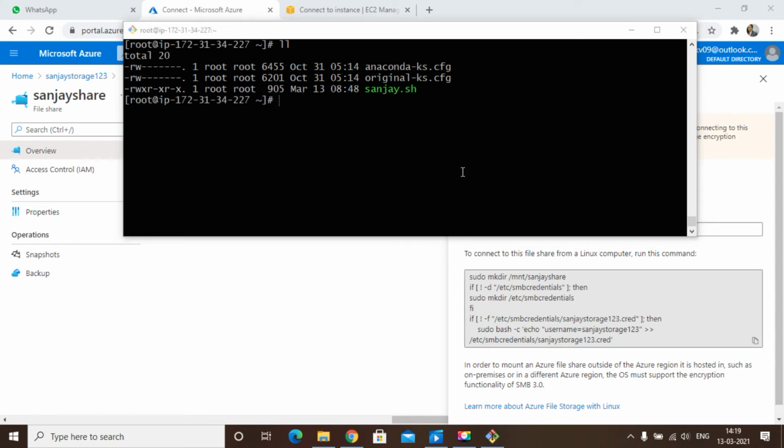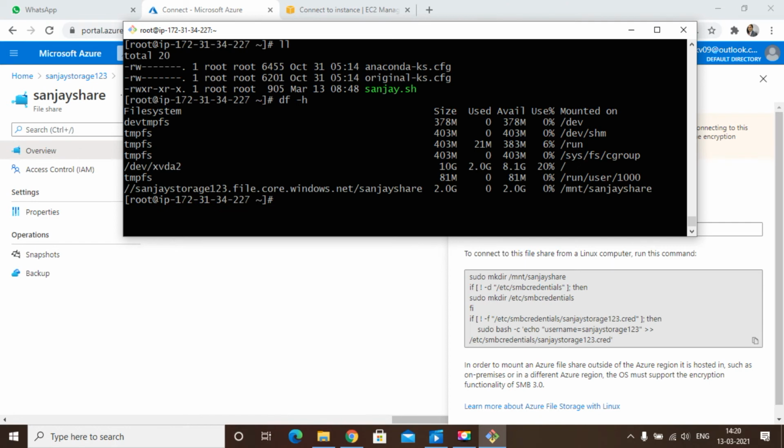It's running perfectly and it's mounted. Use df -h. Wow, great, job done. Now I'm going inside cd /mnt/sanjay share. Now I will create some files, touch sanjay, and ll.